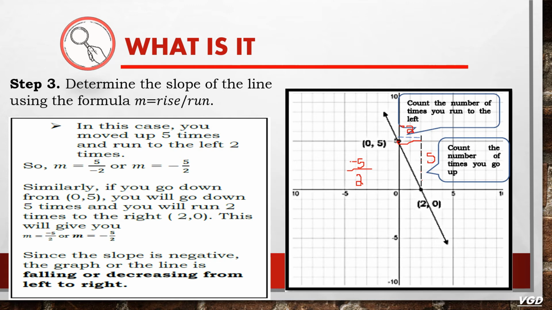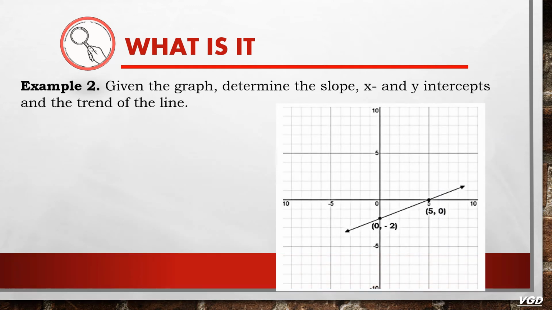So I hope you were able to get it. Now let's have this example number 2. Given the graph, determine the slope and x and y intercepts and the trend of the line. So we have to determine the slope, the x and y intercepts, and the trend of the line, just given